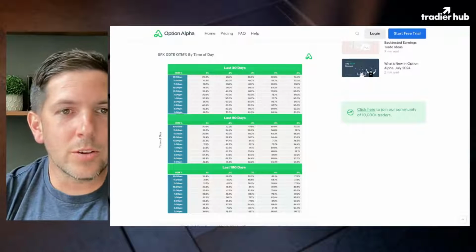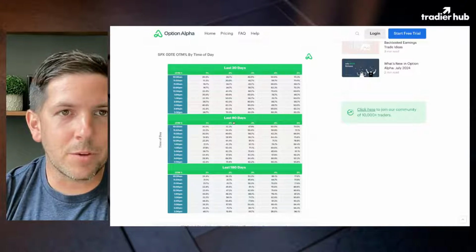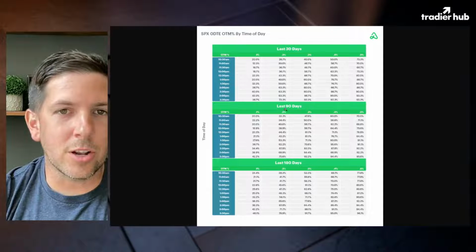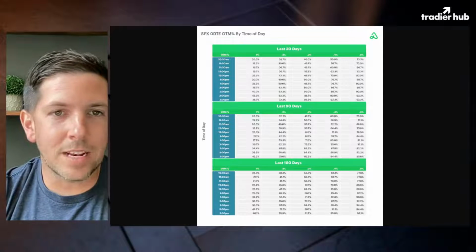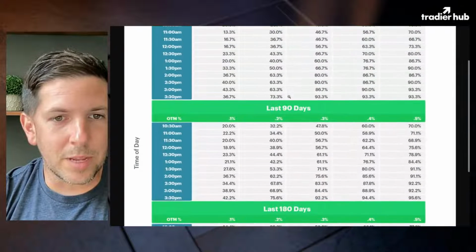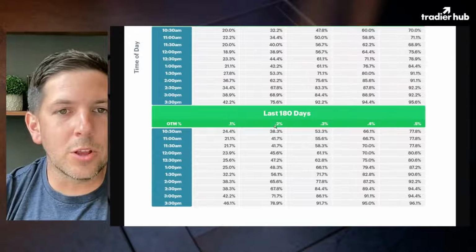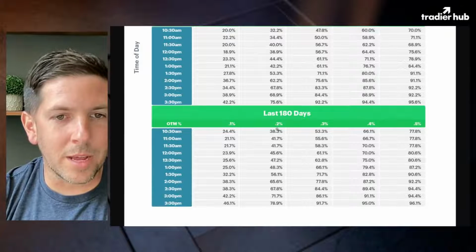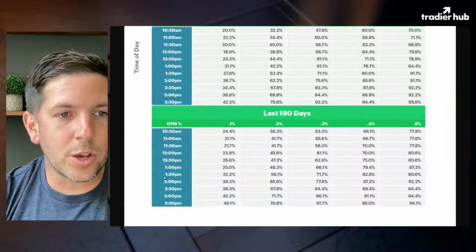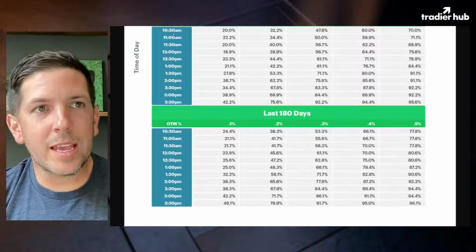What you'll see inside the actual data, and we have a nice chart here that popped up, so let me just share this tab here. I think it's switched over. It's a little bit bigger, and I'll show you where you can get the live data all the time. It's updated daily. But inside of here, if I zoom in and go down to the last 90 days, for example, if we look at 0.2% out of the money and we go down to 1:30 p.m., it means that if we captured the price of SPX at 1:30,